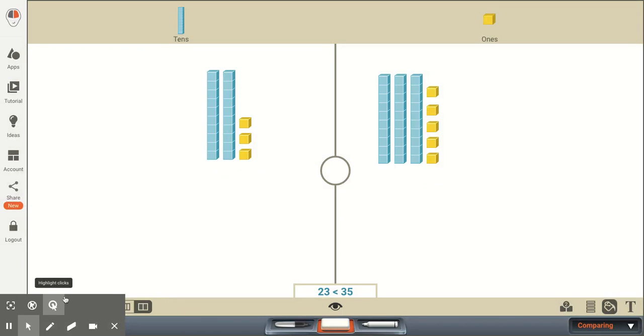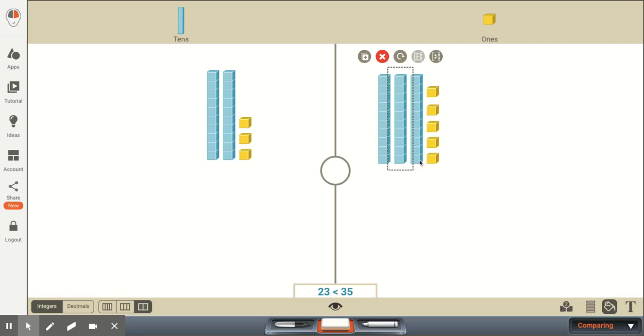So now I'm comparing two different numbers. I'm comparing the number 23 and 35. And we'd want our first grader to do the same thing with these two-digit numbers. We'd want them to look in the tens place. So here, 23 in the tens place has the digit 2, which represents 2 tens. And in the number 35, the digit 3 represents 3 tens.